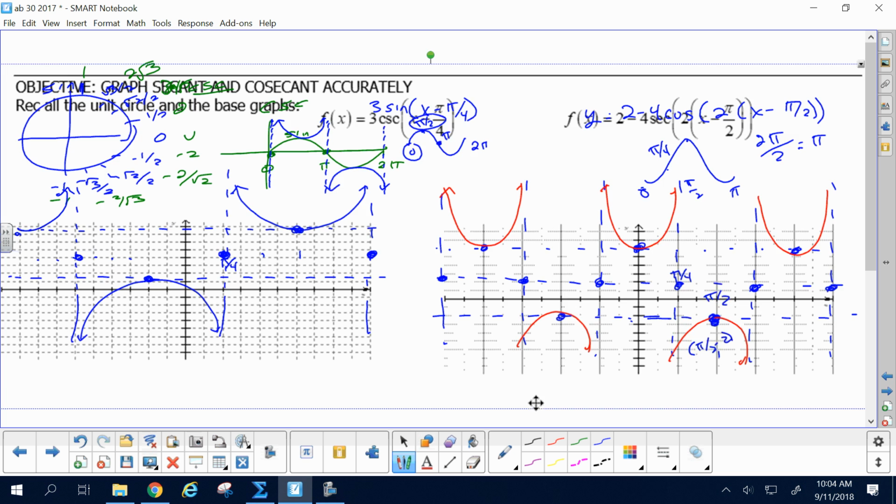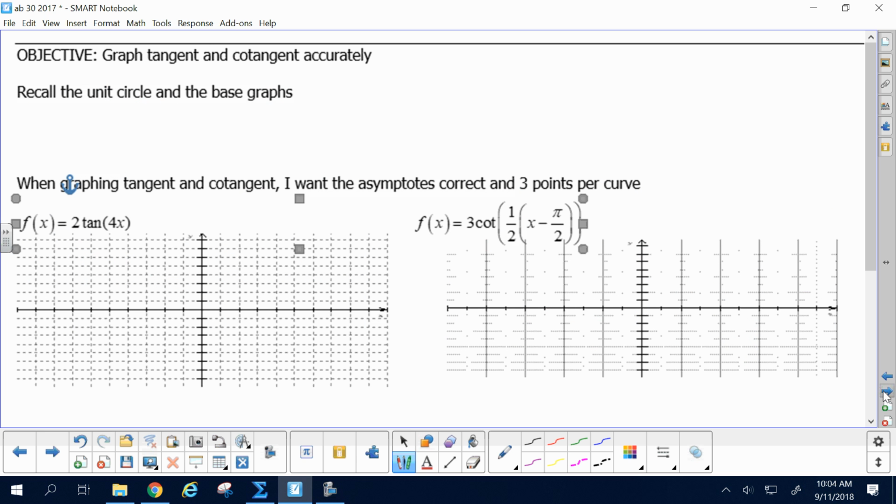So, all right. Last but not least, tangent and cotangent. Let's go with the idea that tangent is sine over cosine, right? So you'll have vertical asymptotes where cosine is 0, and that is at,